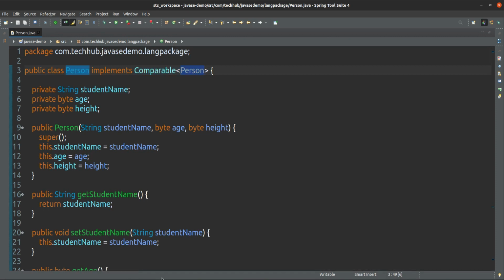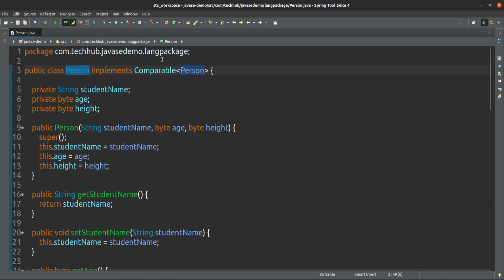I have to tell here what type of object I want to compare. This is the meaning of generic. At the time of creating an object, or at the time of specifying a type, we can tell what type we want to store in that variable.